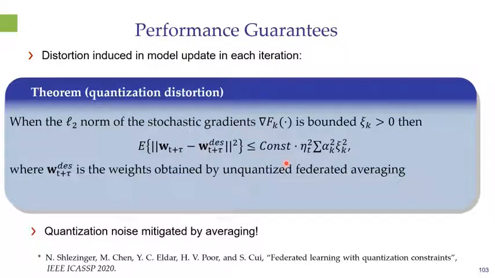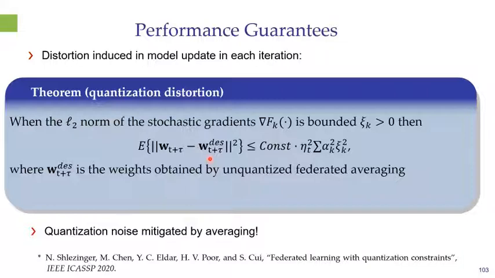Furthermore, we also know that in federated learning, the step size typically decays with time. And actually, for statistically heterogeneous setups, it is essential for the step size to decay in time. So this implies that this bound also decays in time in federated learning setups. So the distortion, namely the gap between the weights recovered by the server and the desired weights, can actually be mitigated. It grows smaller with the number of users and with the step size as federated learning progresses.